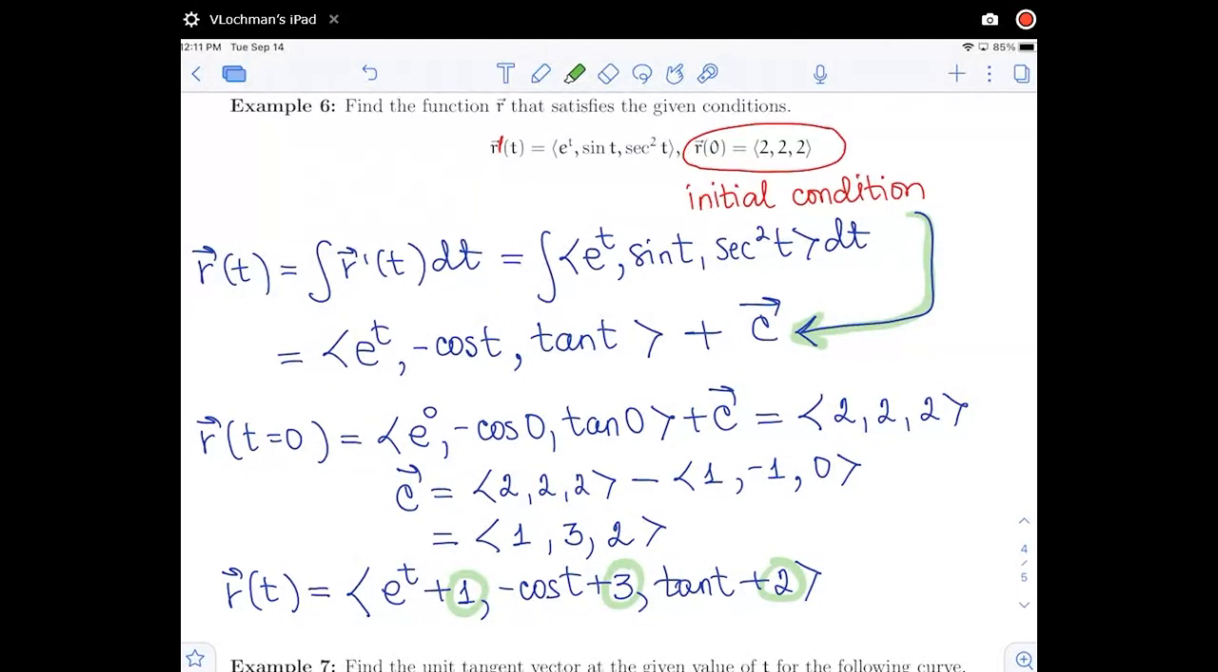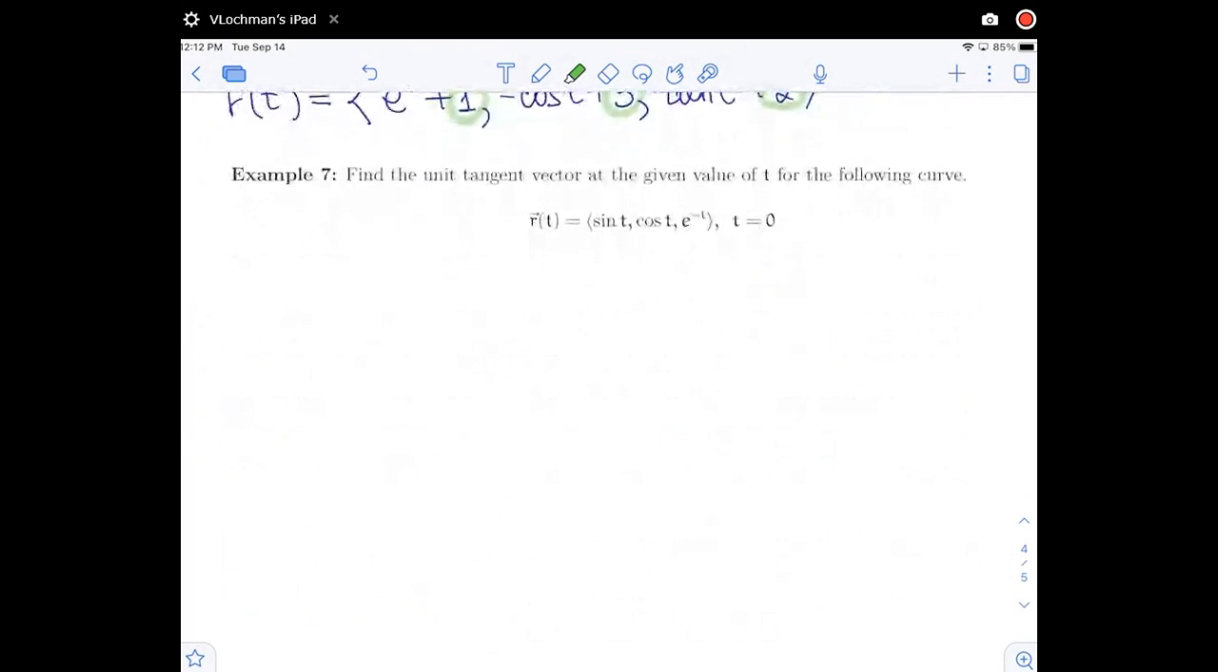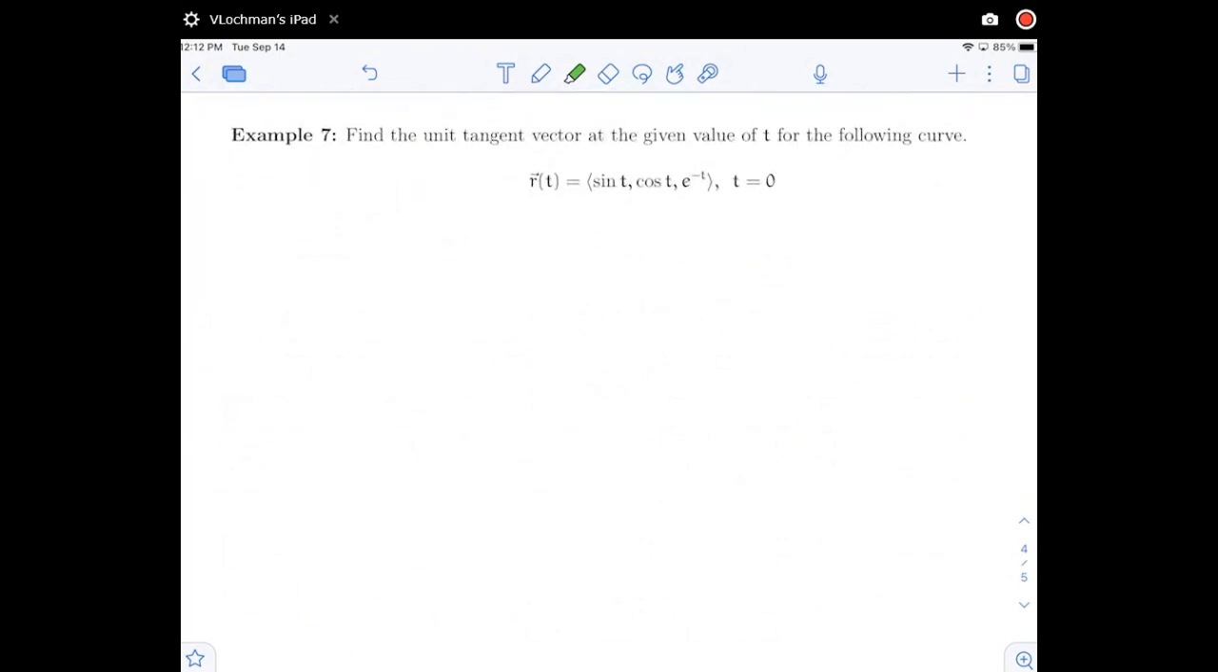All good? All right. Okay, last problem for the day. Believe it or not, we will be done after this. This one says find the unit tangent vector at the given value of t for the following curve. So this is a curve that sits in 3 space, right? For any value of t where the function is differentiable, we should be able to find a tangent vector, but in this case, we also want a